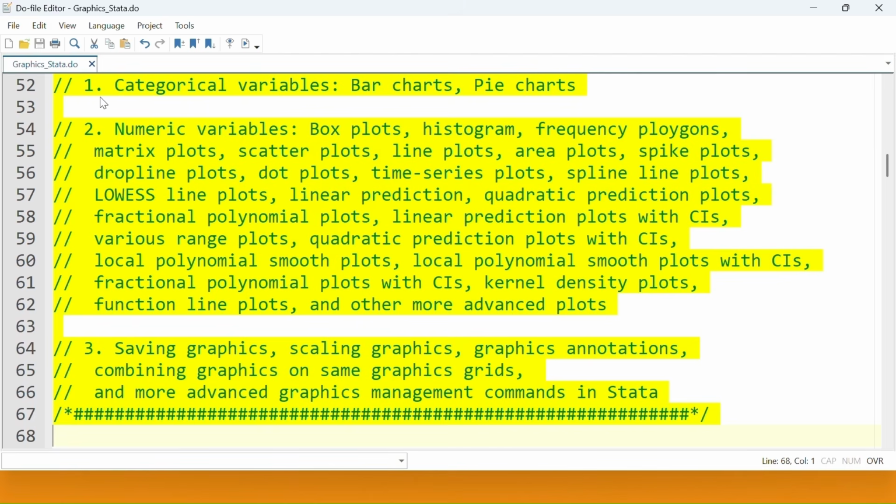This number 1 alone is too much, and I know it will take us more than 1 hour. There's too much to cover. And then number two, also there's too much, but this will be another 1 hour or so, which will cover